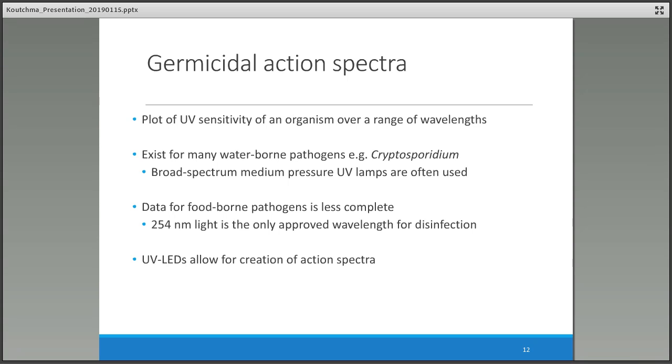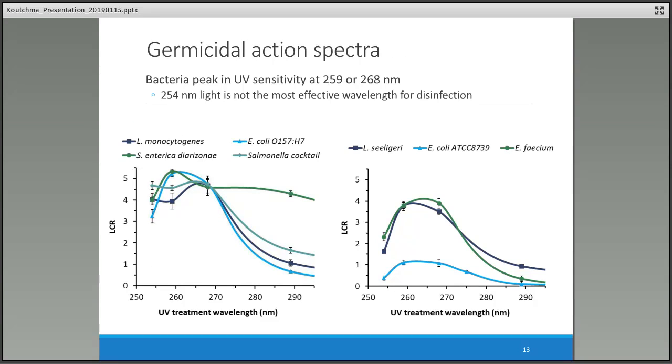Like I said, 254 is the only approved wavelength for disinfection in food production. And this is our first result, actually. This is germicidal action for 3 pathogens that we chose, and for their non-pathogenic counterparts. Our hypothesis was correct: 254 nanometers was not the most effective wavelength for disinfection. You can see that the peak in activation shifted from 255 somewhere towards 268. At 259 there was a maximum sensitivity for E. coli strains, and Listeria strains, for example, had the peak sensitivity at 268